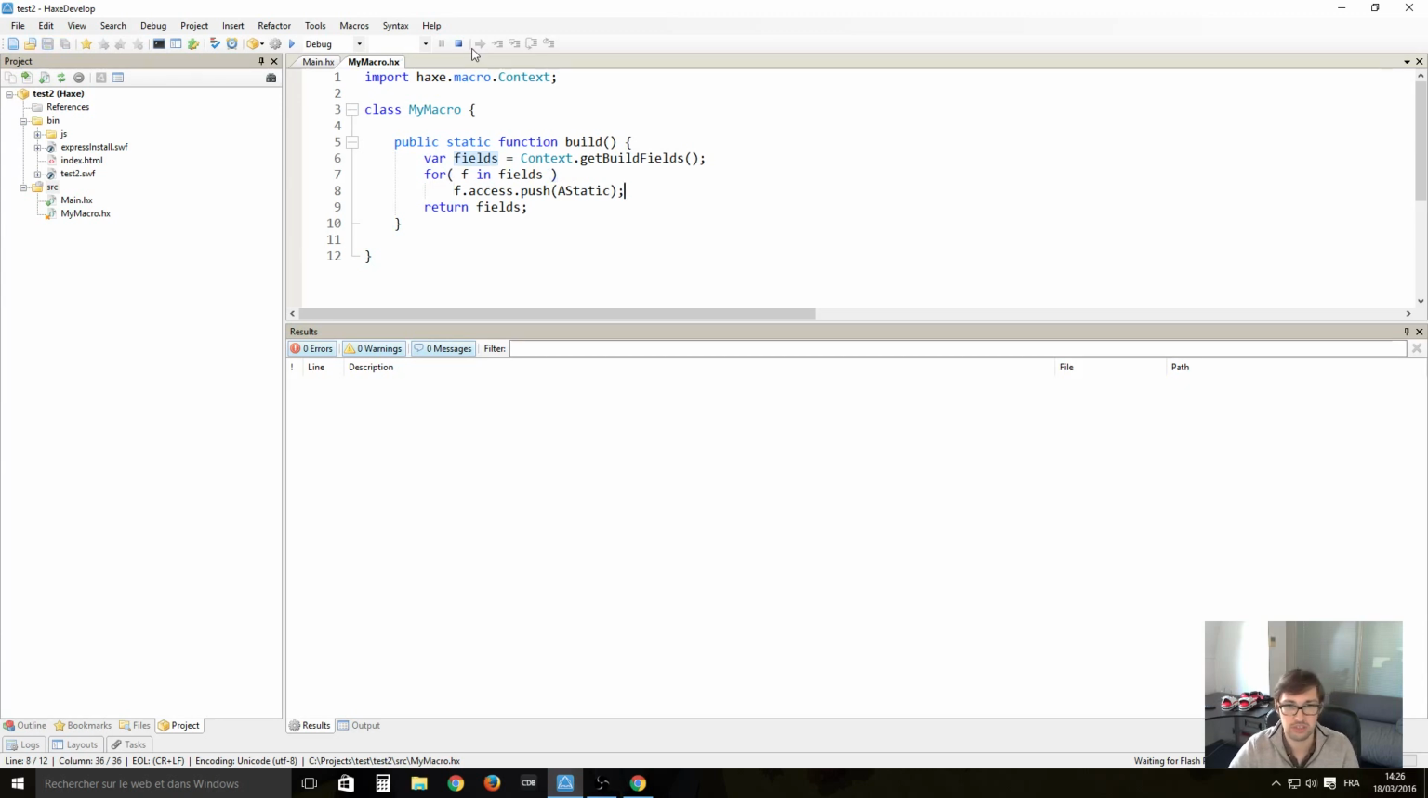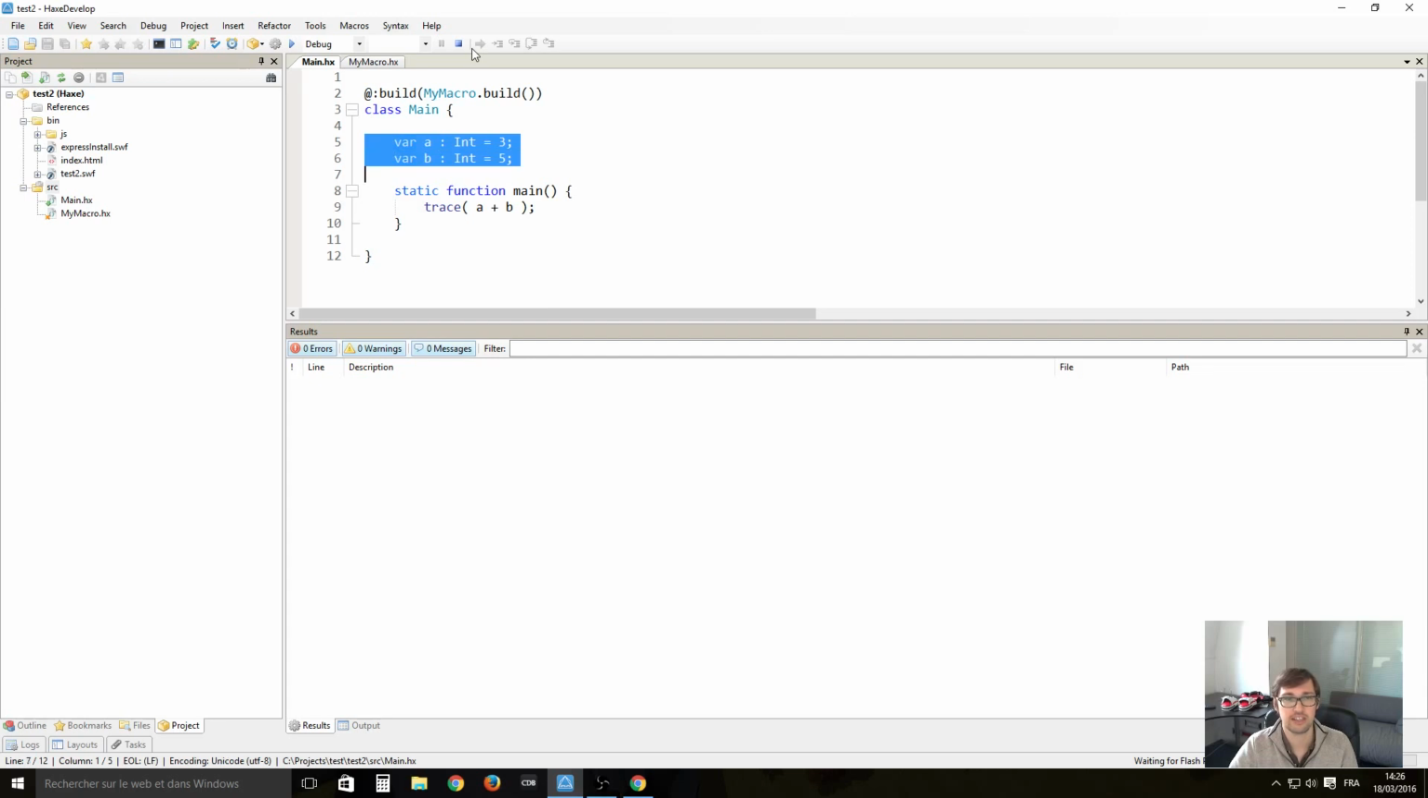For instance, you can modify the fields. You can automatically change them into properties. You can manipulate the whole code of your class, to change it, to generate a lot of additional code. Well, there's a lot of different possibilities that you can use with build macros. So